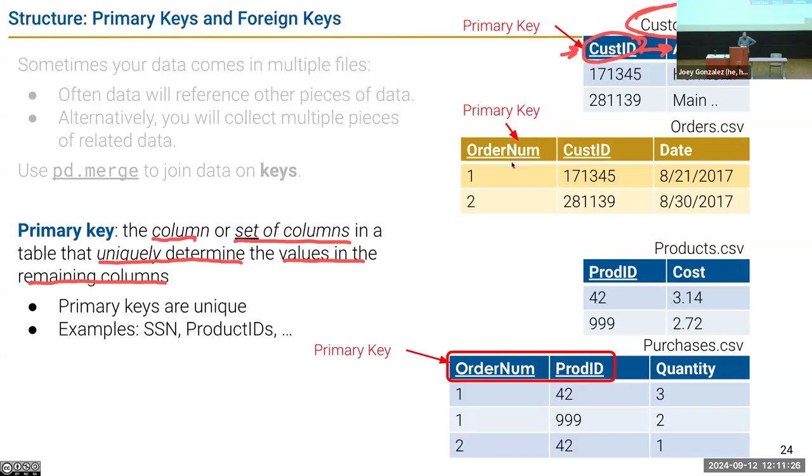Here's another one. Give you an order number. Each order gets its own number, and then you have the associated customer of the order and the date the order was placed. Very intuitive. Again, if that is the primary key, and it's a reasonable assumption this is the primary key, then I would say, well, I can't have more than one customer in an order, or more than one date for an order.